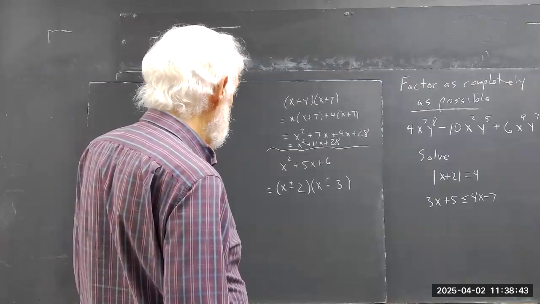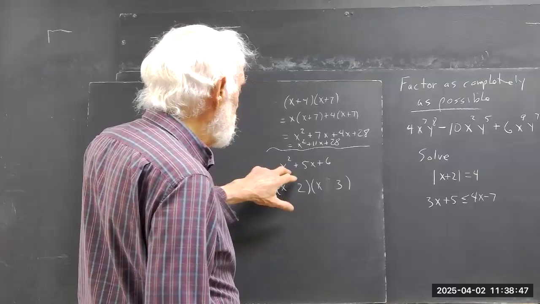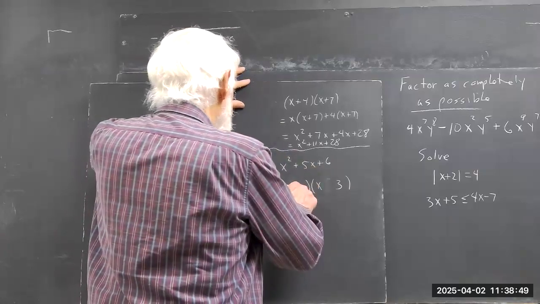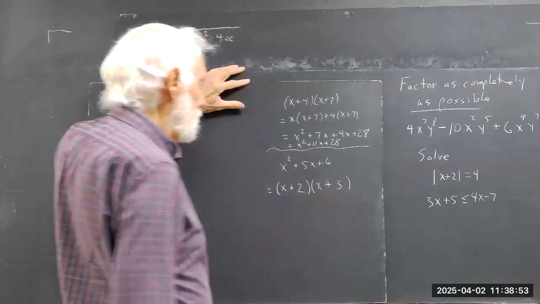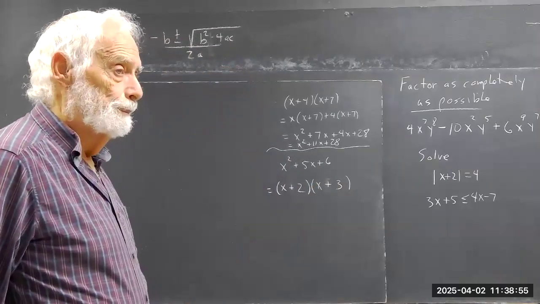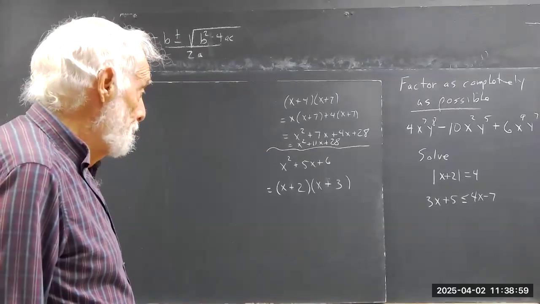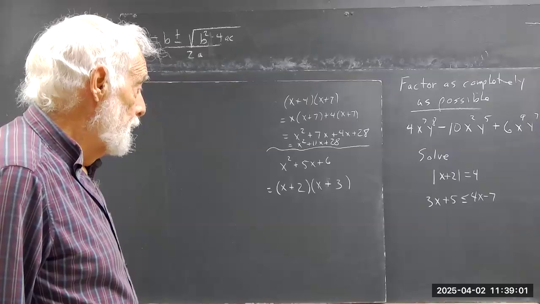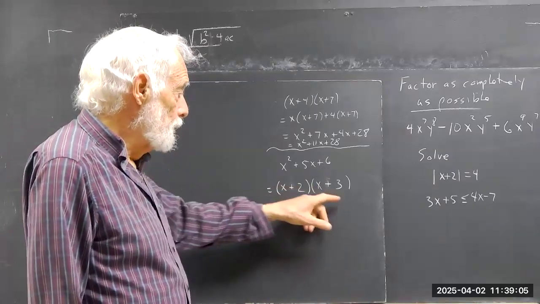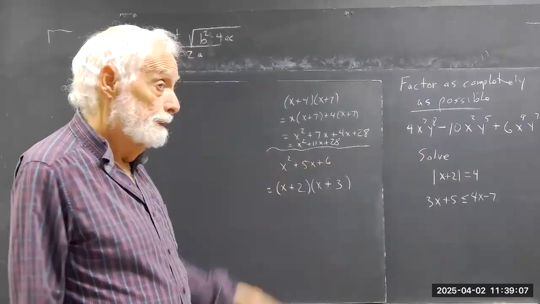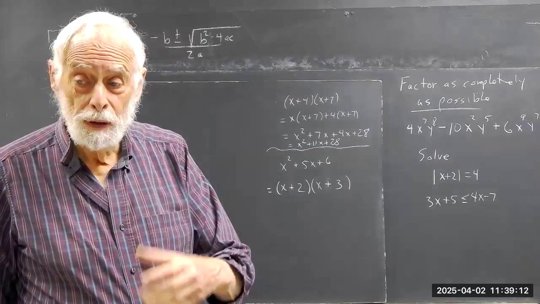So I can check that out. Okay. Well, since all my signs are plus, I'm just going to make a wild guess and say maybe I've got x plus 2 times x plus 3. Okay. If I multiply that out, am I going to get this? Well, by now, we should be able to look at the binomials and see that,